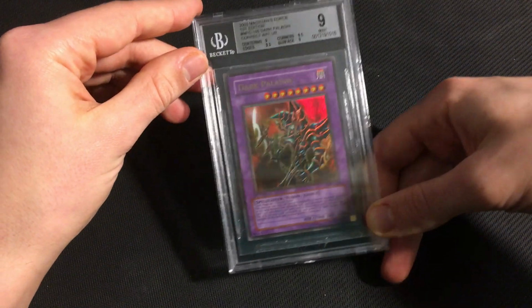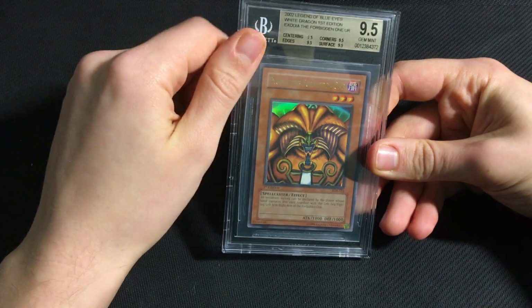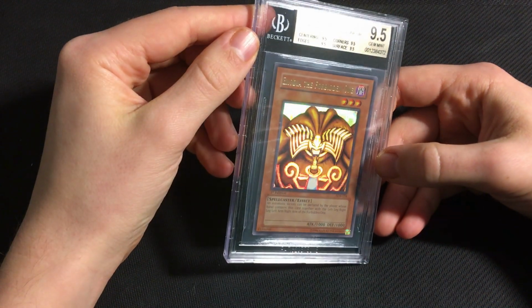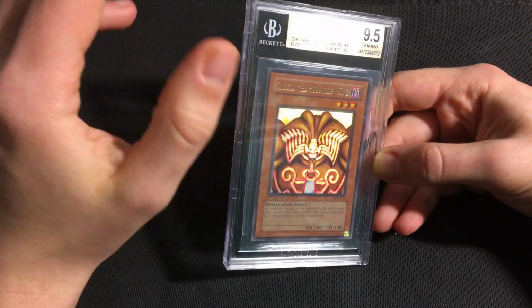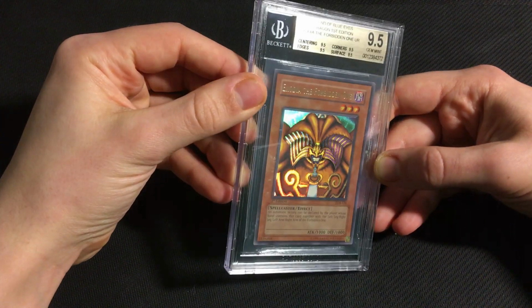Alright, and we're finally getting into the top 10 here with Exodia the Forbidden One from LOB. This is a glossy print Exodia and it's a quad 9.5, which is a really solid grade on it. I love the way this card looks actually in both prints. The wavy version has kind of more of a vintage feel to it, but the way the glossy one pops